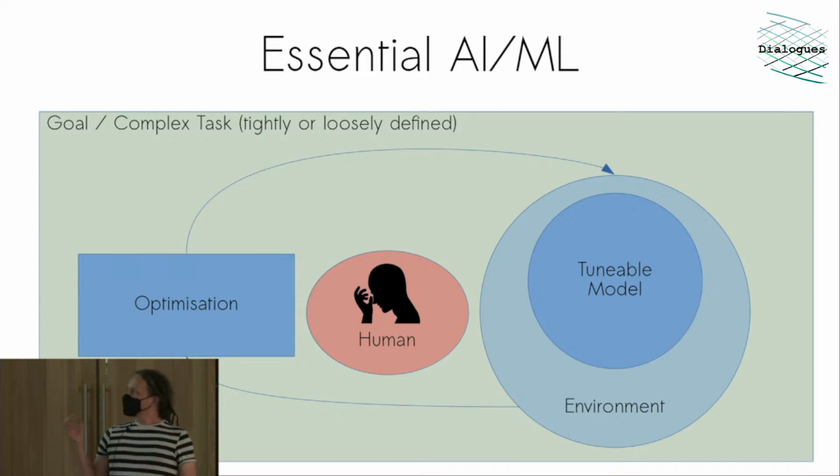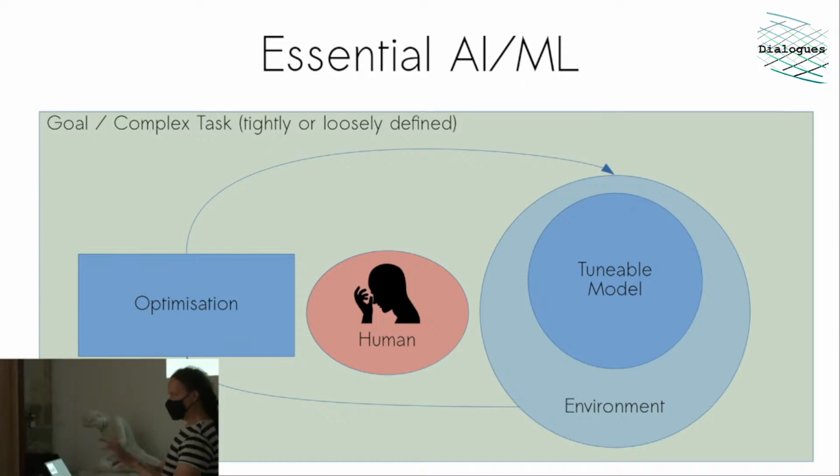And then going with this, we've got some sort of optimization process. We might call it learning, we might not. We can leave that for another philosophical discussion. But some way of tuning this model to try and get it to do what we want to do. We might not really know what we want to do, but we'll try and send it in that direction. So this is the essence of what I'm trying to approach today.